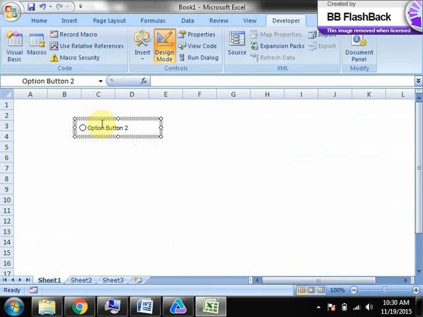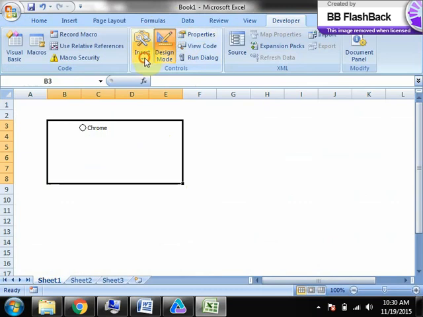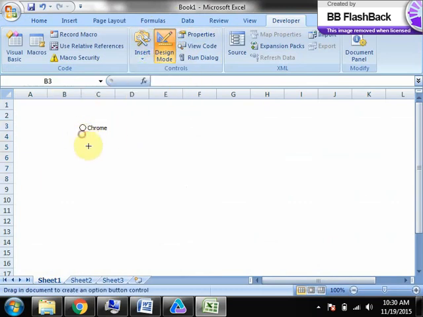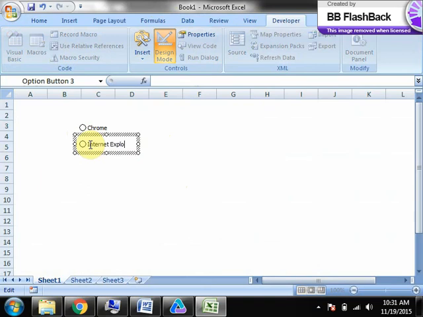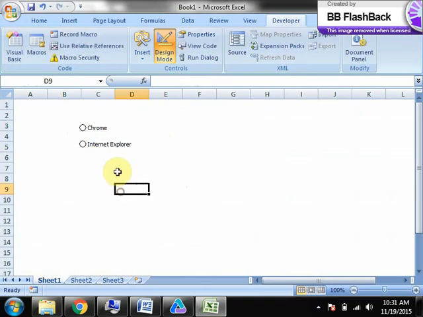I just created one radio button now. I will say it as Pro. And let me create one more. I will give this as Internet Explorer.